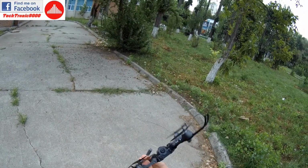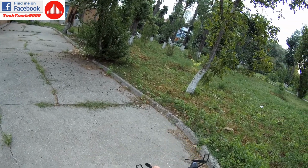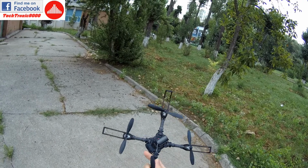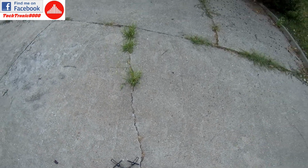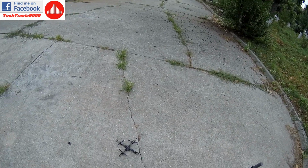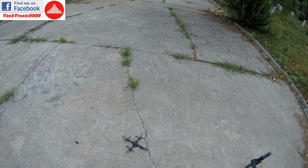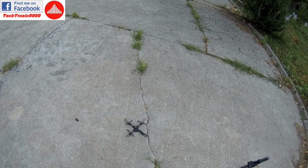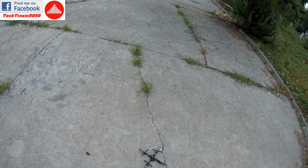Good morning everyone, and welcome to the flight test of the i5 drone. This is made by YiZHAN, the ones that made the Tarantula model. So I really have high expectations of it, and I want to see how it performs outdoor directly. This can also be used indoor as it's not very large, but I want to test its real performance because